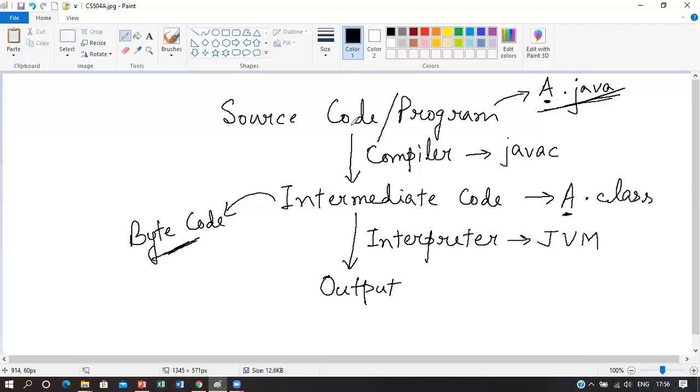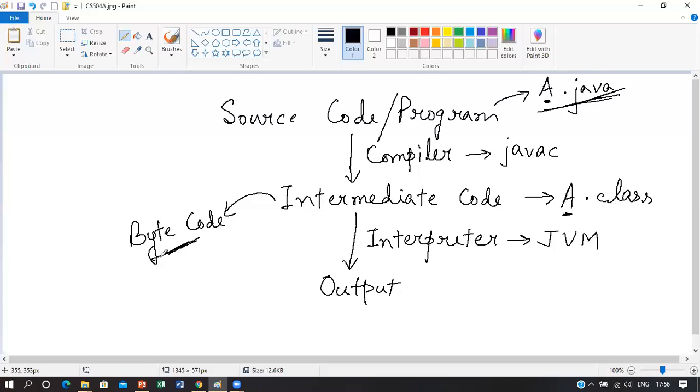As of now, just keep in mind that only one class is there in this source code and we have named it a.java. As there is only one class in the program, only one .class file has been generated with the same name as the class name, which is A. And the intermediate code is known as bytecode.